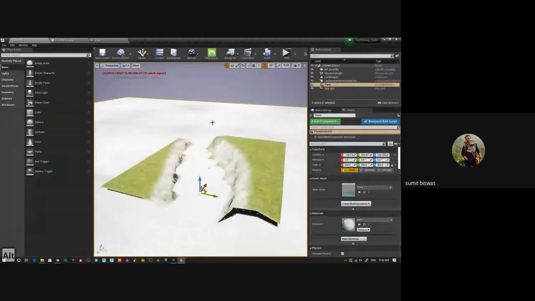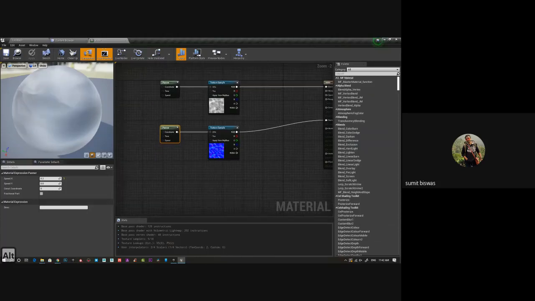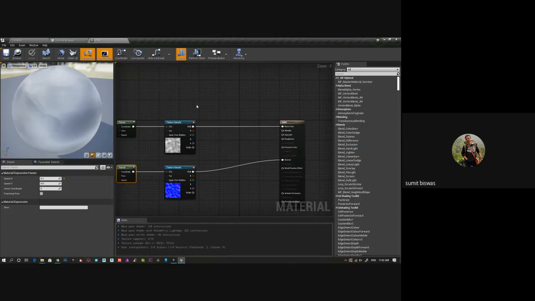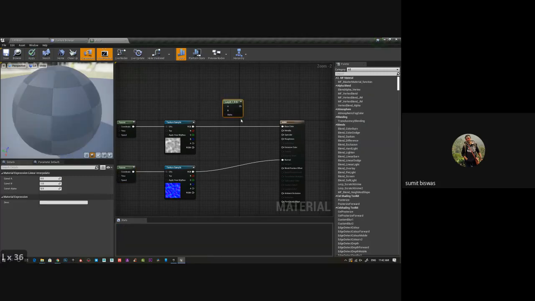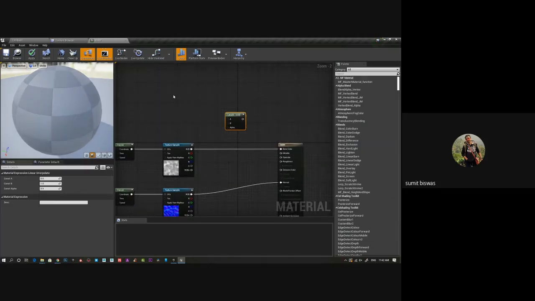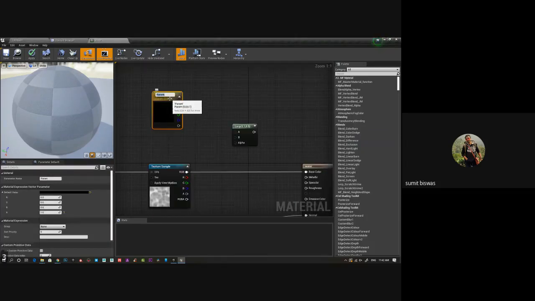So right now I can see it's way too big, and I can control the tiling and all these things. That is something I can definitely do. This doesn't have any colors, so what I can do is use a color node for this. I can use linear interpolation, and then 3 vector nodes: press 3 and left mouse button, right click, promote to parameter, color 1. You can use a diffuse map for this also.